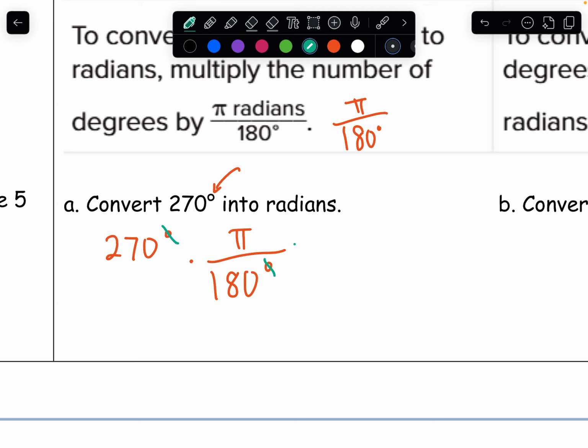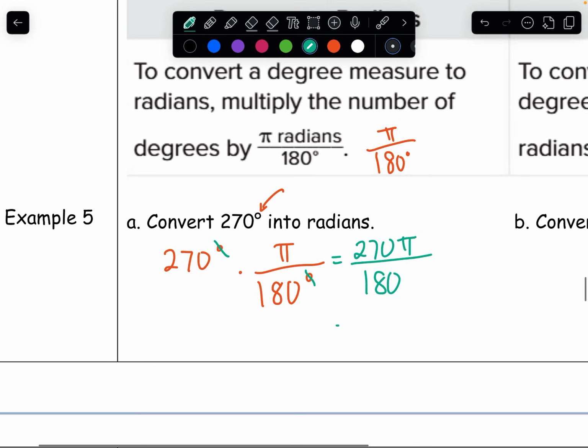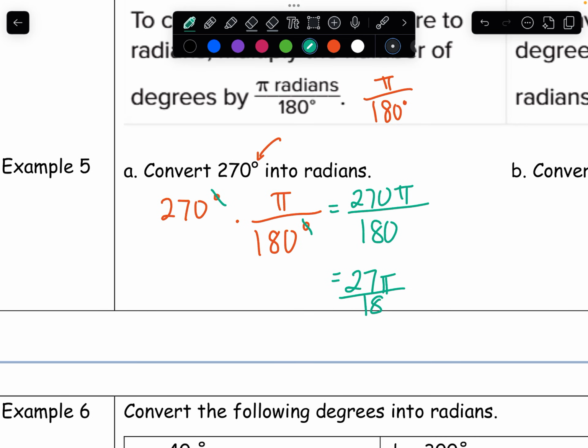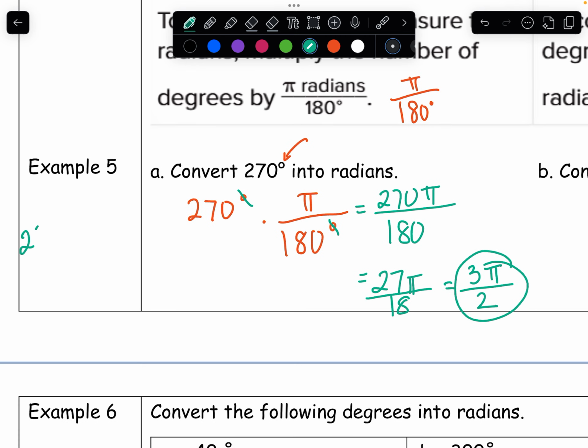So the degree symbols cancel out, and we get 270 pi over 180. Now we can't leave it like that. We need to simplify. You can do it a couple of ways. You can do it by hand, so we get 27 pi over 18. Those both have 9 in common, which will give us 3 pi over 2. You can also, remember, use your calculator, where you plug in 270 divided by 180 and press second